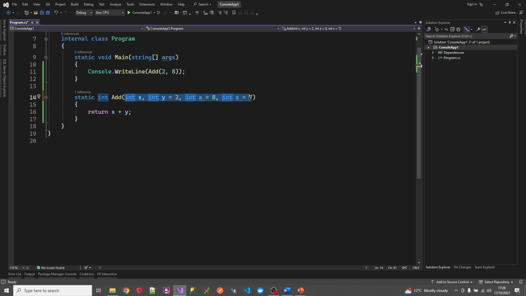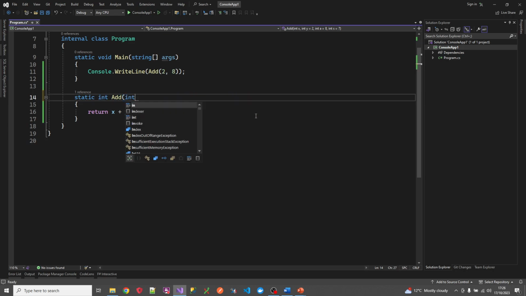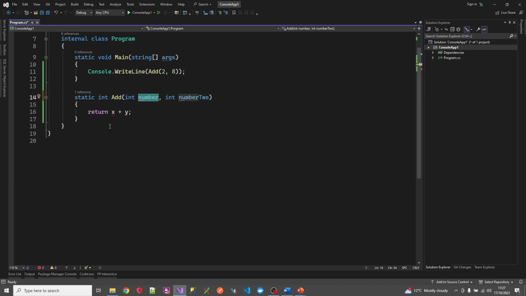Just one more thing I want to show you, which is the named parameter. I think I skirted over that. We can do that with this method by giving the method two parameters, one called number and the other called number2. When I invoke this method up here, before, what we've done is we've passed in